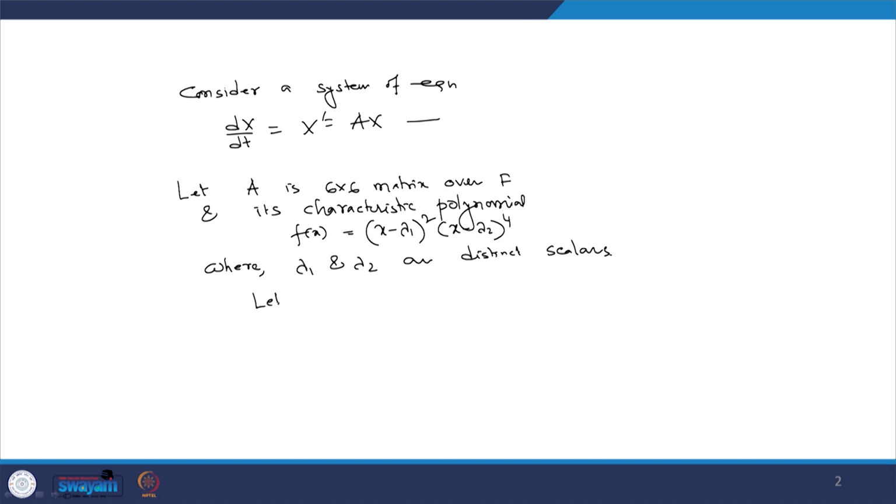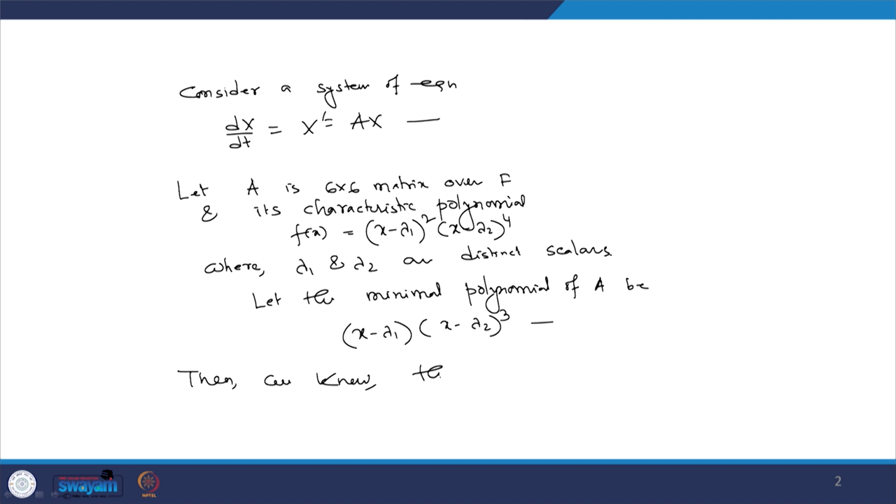Let the minimal polynomial of A be, say, (x minus lambda 1) into (x minus lambda 2) power 3. Then we know